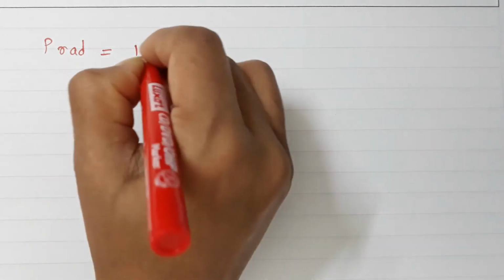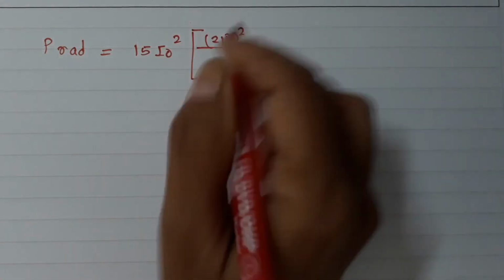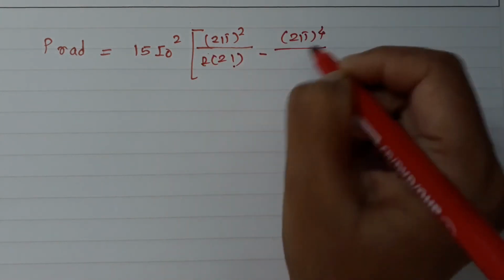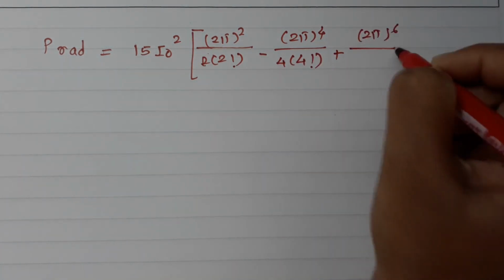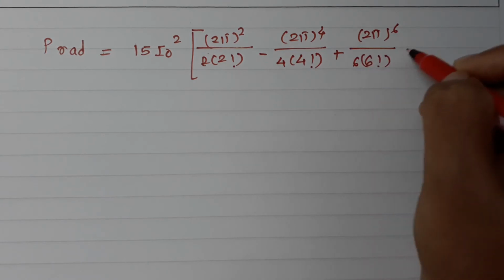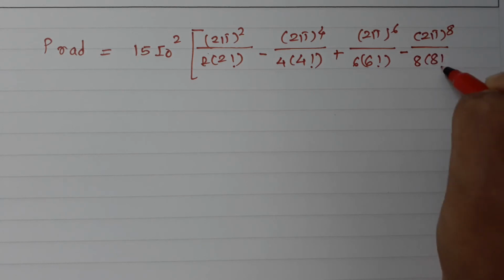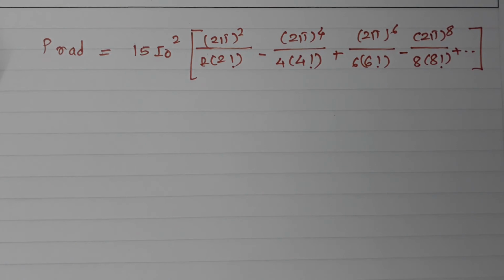So here I am putting P radiated is equal to 15 I0 square, (2 pi) square divided by 2 factorial minus (2 pi) to the 4 by 4 factorial plus (2 pi) to the 6 by 6 factorial minus (2 pi) to the 8 by 8 factorial and plus,